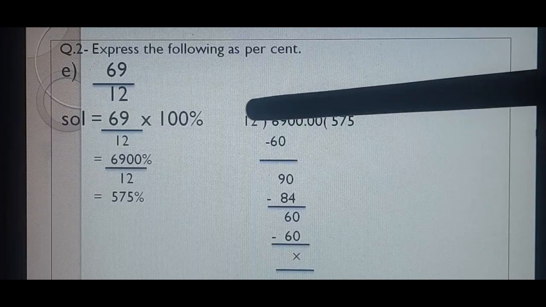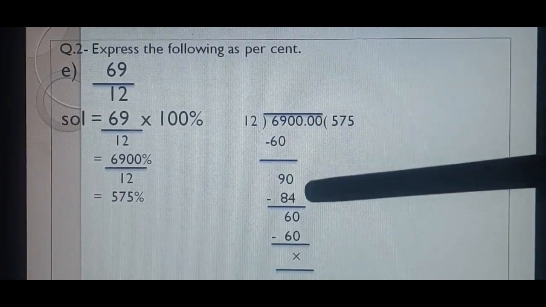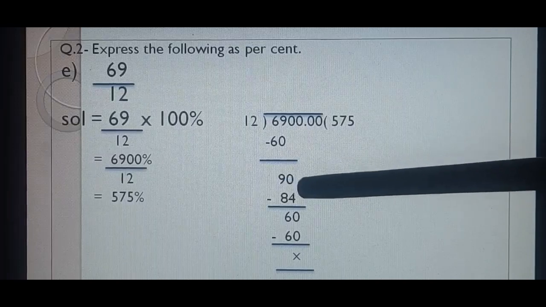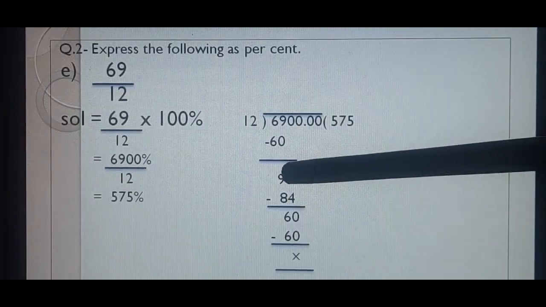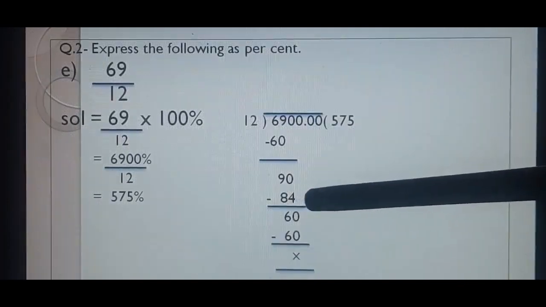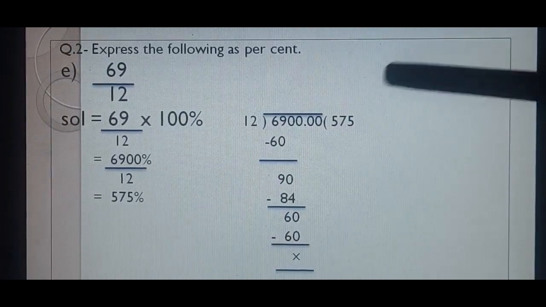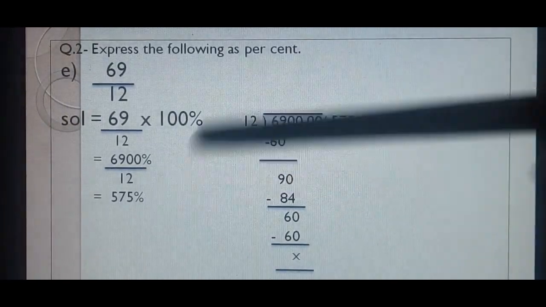Now we will take 0. 90 is here. 12 7s are 84. 90 minus 84, 6. 8 minus 8, 0. 6 is here. Take one more 0. 12 5s are 60. Finish. So our answer is